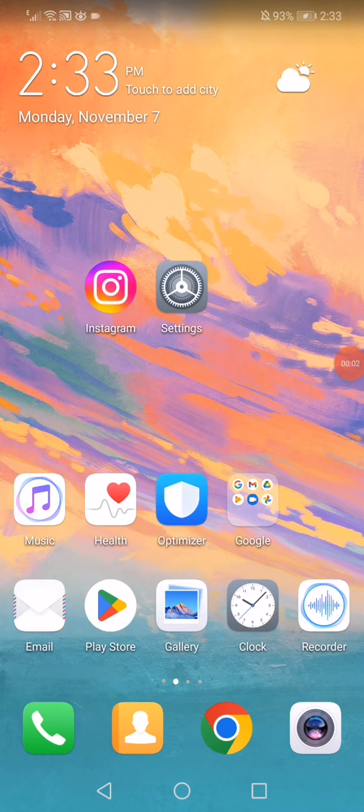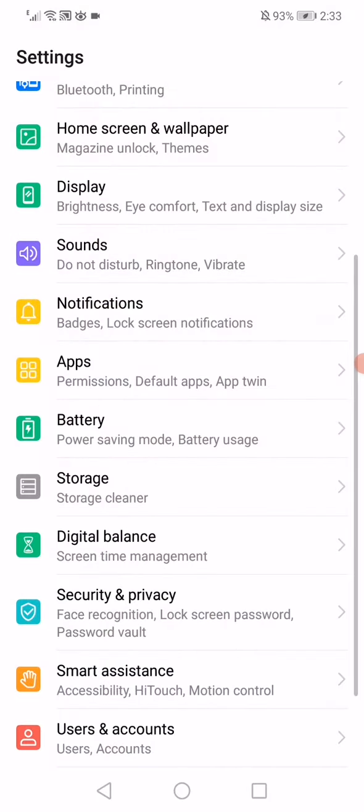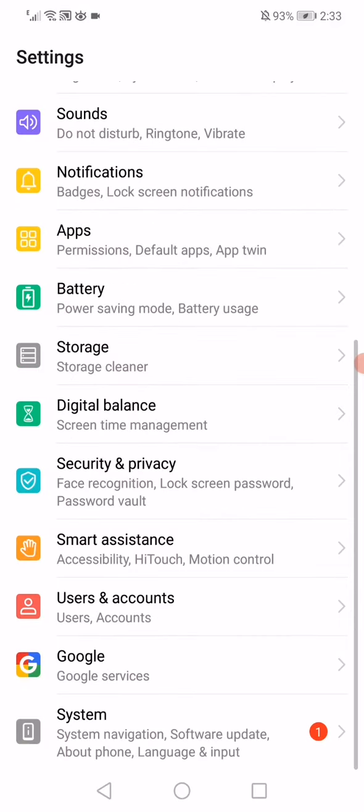How to fix the Instagram "Try again later, we restrict certain activity" problem. So all you have to do is simple. Just go to the settings on your phone, and after you open the settings page you will find many